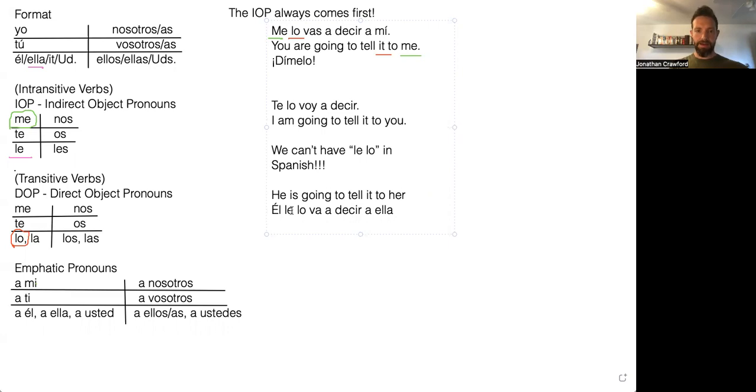So we have to turn the le, turn the indirect object pronoun to se. And that's what you have to do. So we turn the le into se. That's the whole rule. You have to turn the indirect object pronoun into se if it's followed by a direct object pronoun. So with double pronouns,